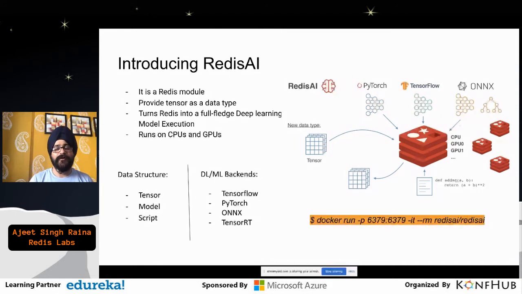It comes with the promise that you can run it even on your Jetson Nano board or on your Raspberry Pi, given that it has to use a CPU only. And it supports all these data structures mentioned, like tensor, model and script, as well as ML and DL backends like TensorFlow and PyTorch. These are the leading backends which every solution is looking for, because they are meant to take AI to the production environment.